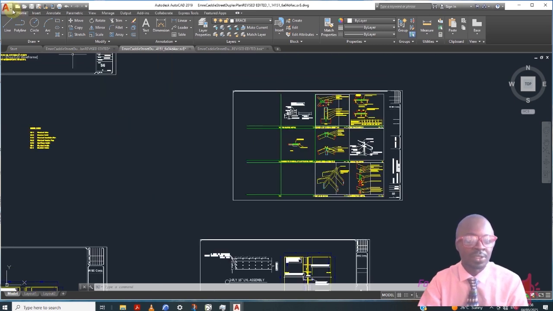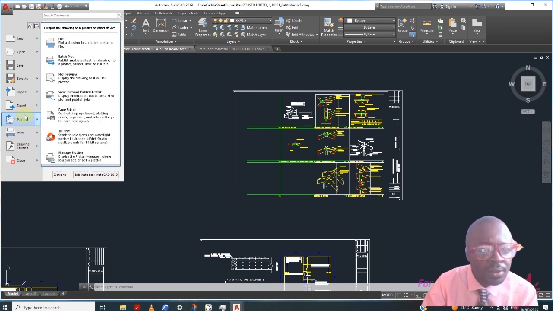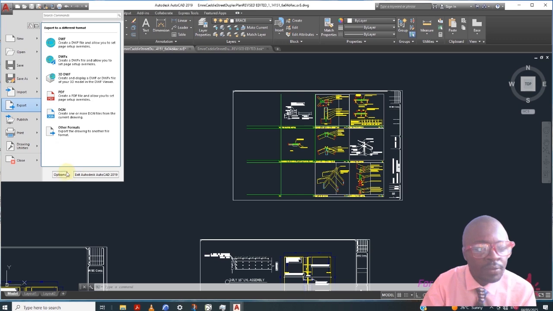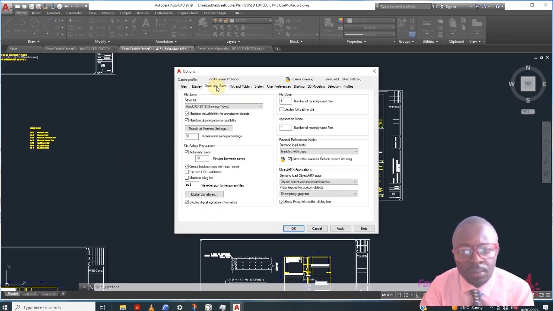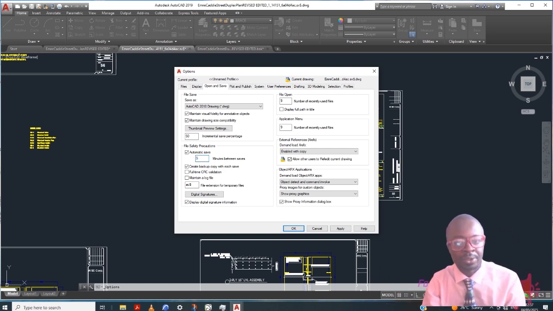So if you go to the autosave setting, if you go to options, you can see File Safety Precautions. Automatic save is 10 minutes between saves. So if you want, you can reduce this to maybe 5 minutes. I think 10 minutes is better because